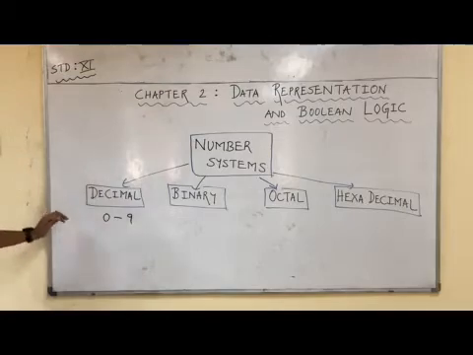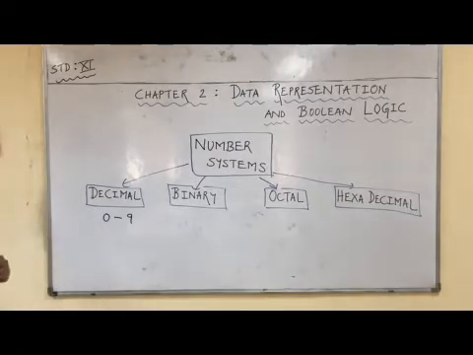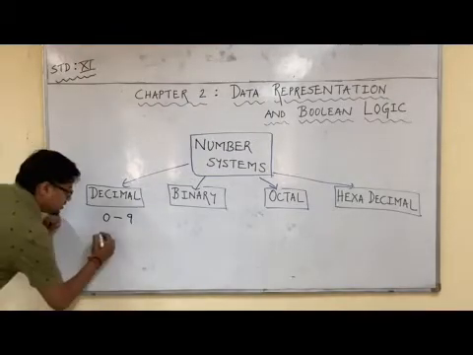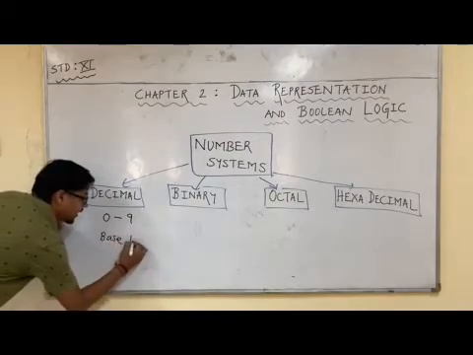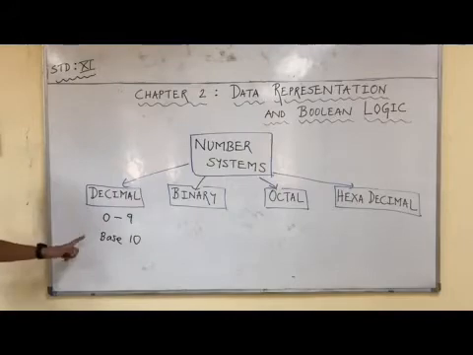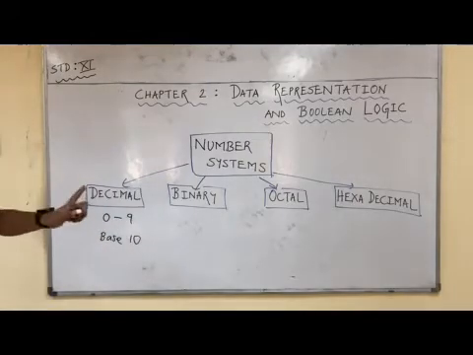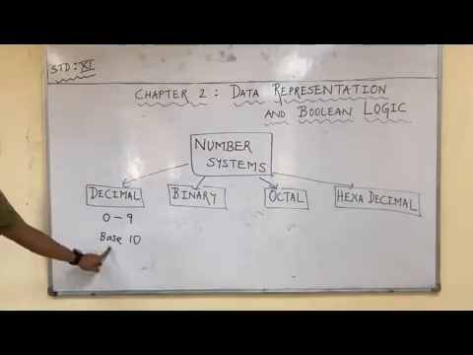Now if you are aware, whatever numbers we are writing, we are framing the numbers with the help of what digits? 0 to 9. How many total digits are there in this decimal number system? 10. So the decimal number system is dependent on base 10. Base 10 means any number in a decimal number system will be comprised of the digits 0 to 9. How many digits are there from 0 to 9? 10. That is why we are saying a decimal number is represented as base 10.